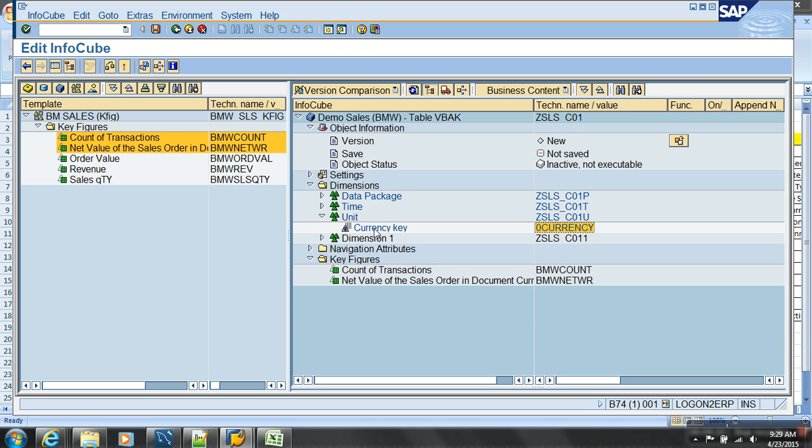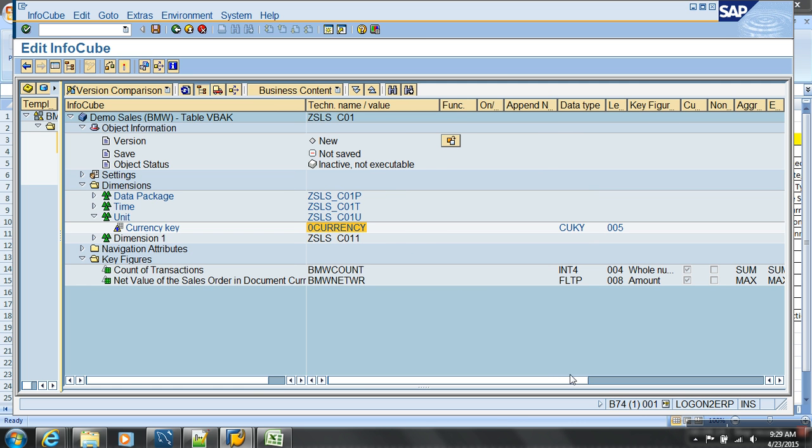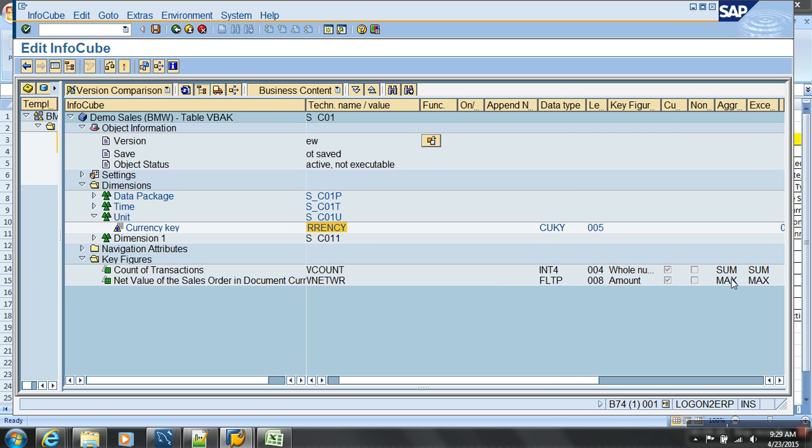Why? Because if I go to the detailed definition of this key figure in depth,